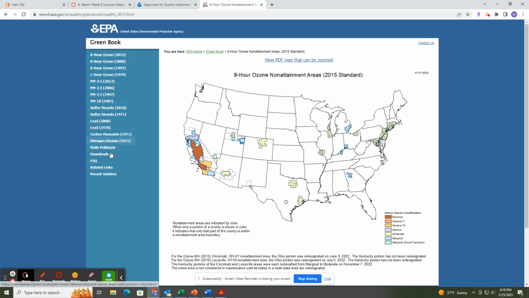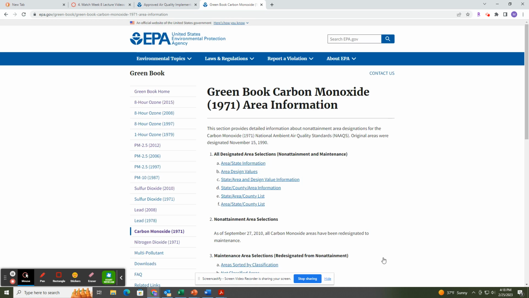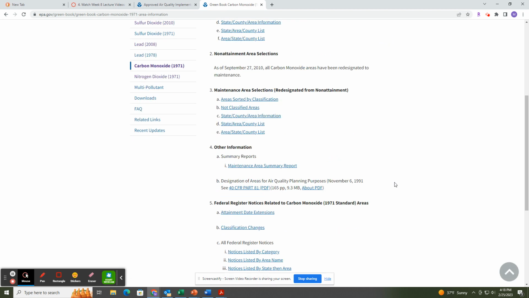So I'm just going to go to, and when we talk about these numbers, these were the NAAQs published on that date. So these are the 2015 ozone standards, NAAQs. All right, so let me go to carbon monoxide. And you guys can use this link. It's kind of fun that you can check out where's my map?